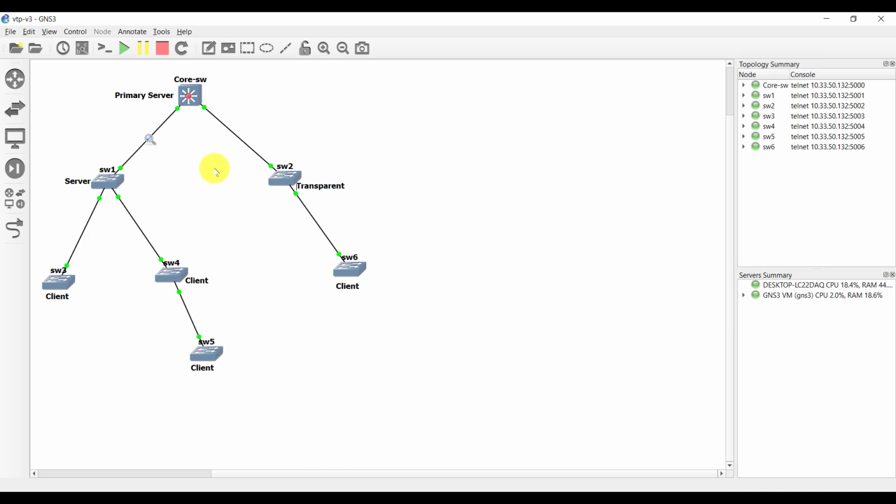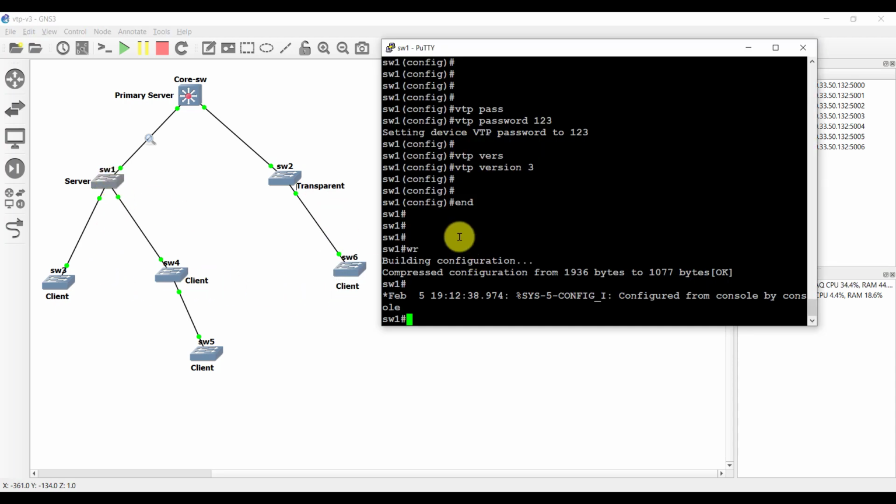Alright, another thing we have to set is the role of the VTP in each switch. For example, this is server mode and the rest of the downstream switches are all client mode. And for example, we have to change this role to transparent mode. And also this one is a client, right? So we're going to the switch